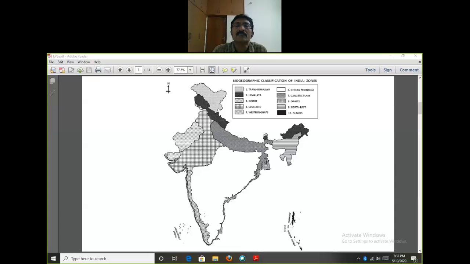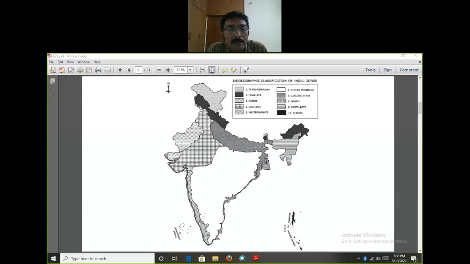A distance of 1,600 kilometers and a width of about 100 kilometers. The Western Ghat is very rich with vegetation, and it is considered as one of the hot spots of the world. India has two hot spots. One is the Eastern Himalayas, the other one is Western Ghats. Why are they known as hotspots? Because they are rich with endemic plants, and these plants are in constant threat because of anthropogenic activities, that is, because of human activities,